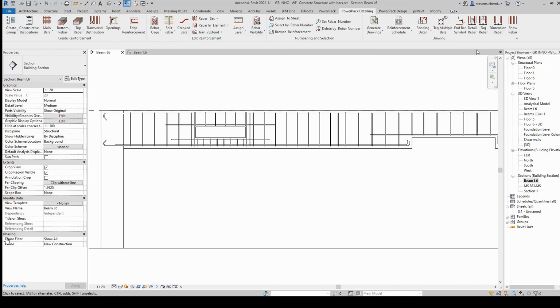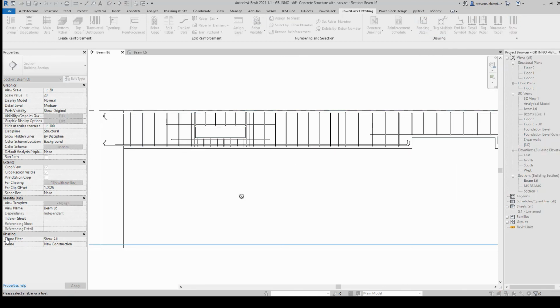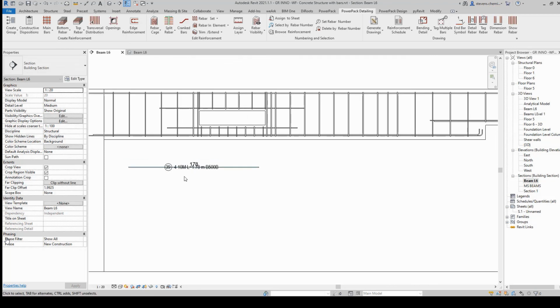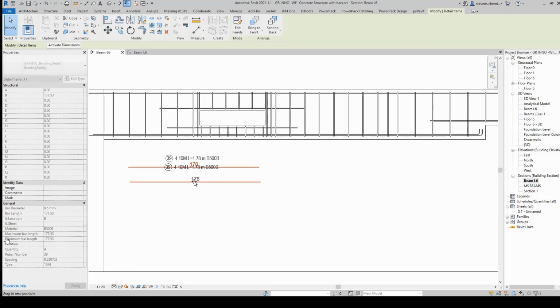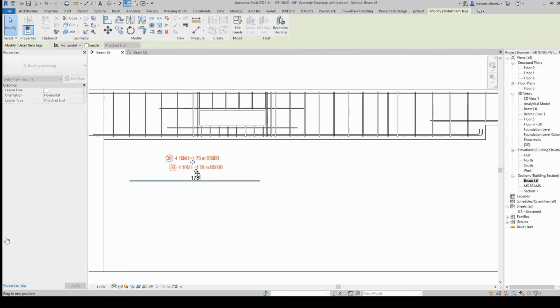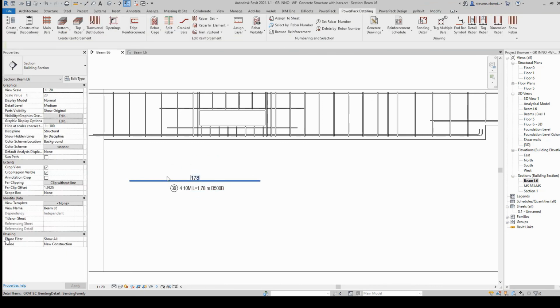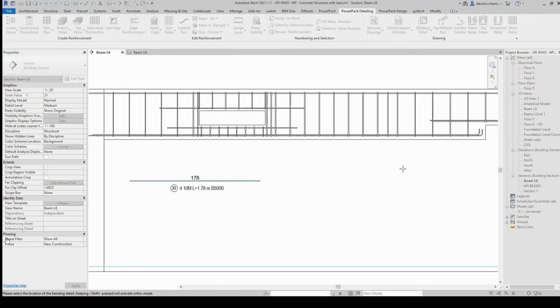It was more some additional features relative to customization, more or less the design inside Revit, designing the rebar cage, I mean. But we also have some commands in addition to that dedicated to detailers. So this is what we call the PowerPack premium package. It's relative to this PowerPack detailing tab, which contains more than 50 tools, especially this command, bending details. And you see it's very quick, very easy.